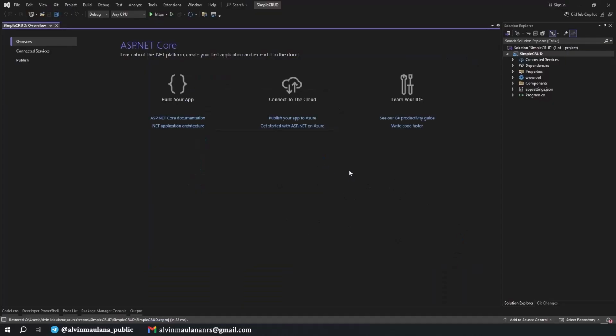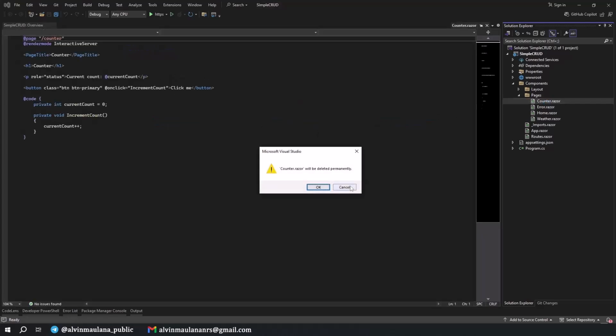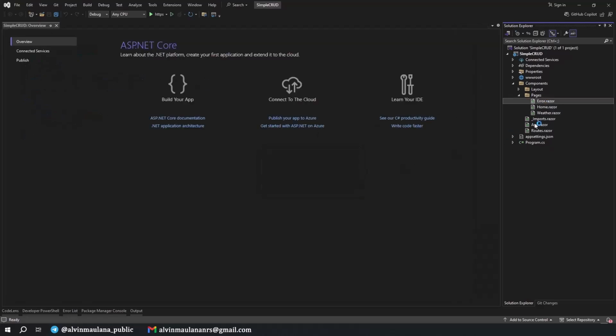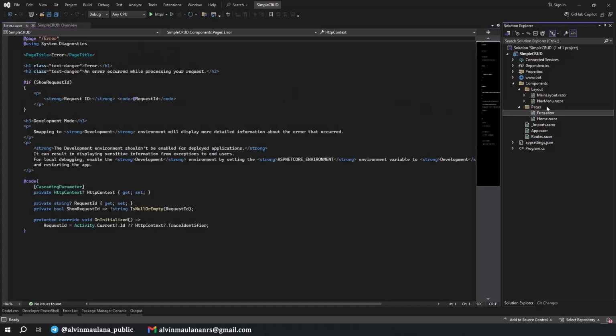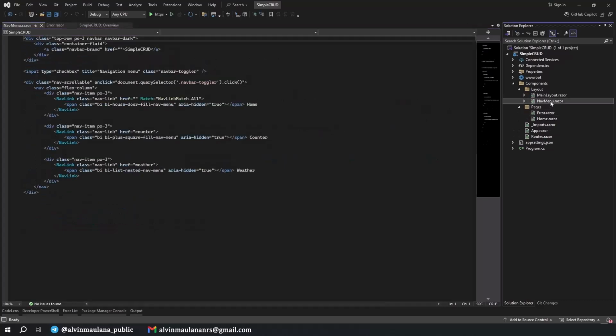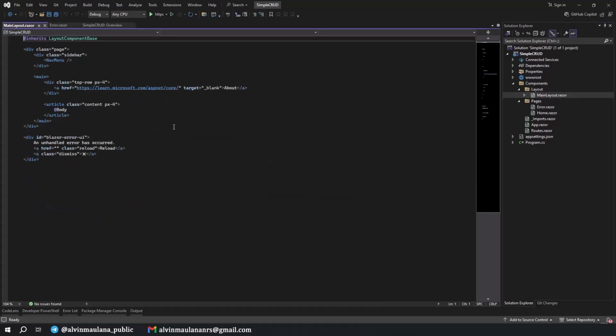Okay, now we have our Blazor project. First, let's remove the components that we will not use. Like on the pages, we will not use the counter in here. It's just a demo. We also remove the weather. Okay, the error page we can keep like this. And then for the layout, I'm not using a nav menu in here. And for my layout, there are some components I will update, so yeah, we can keep it for now.